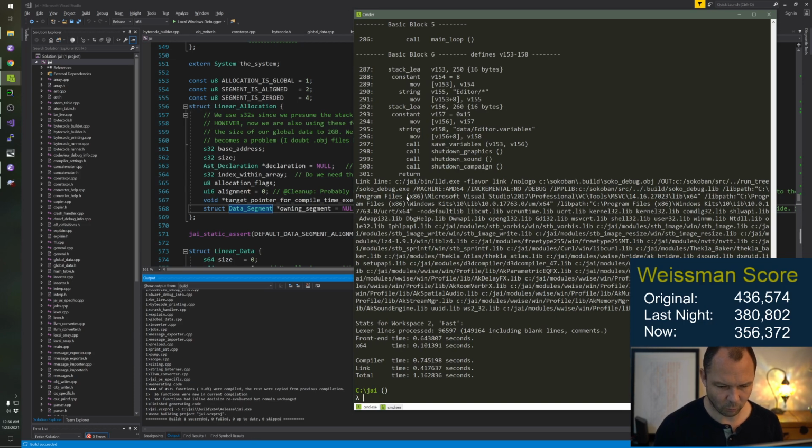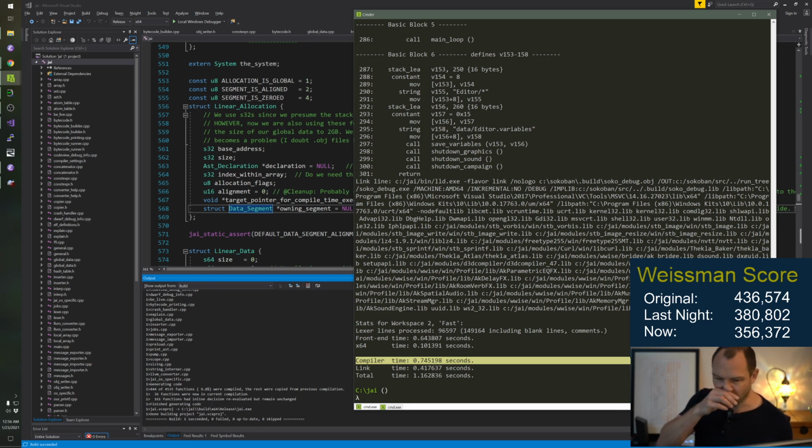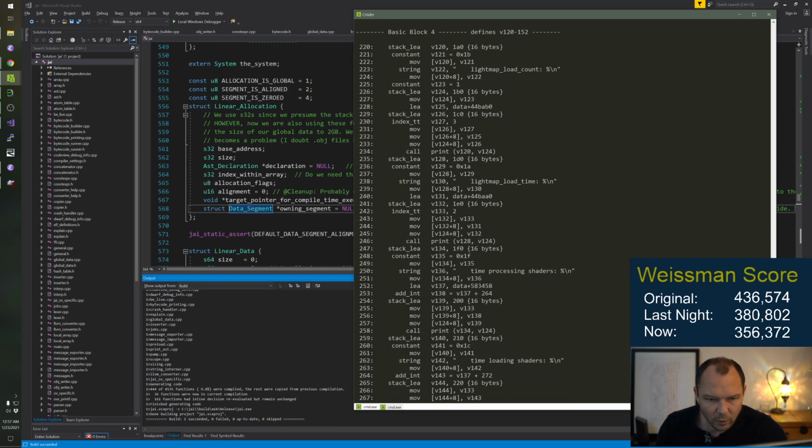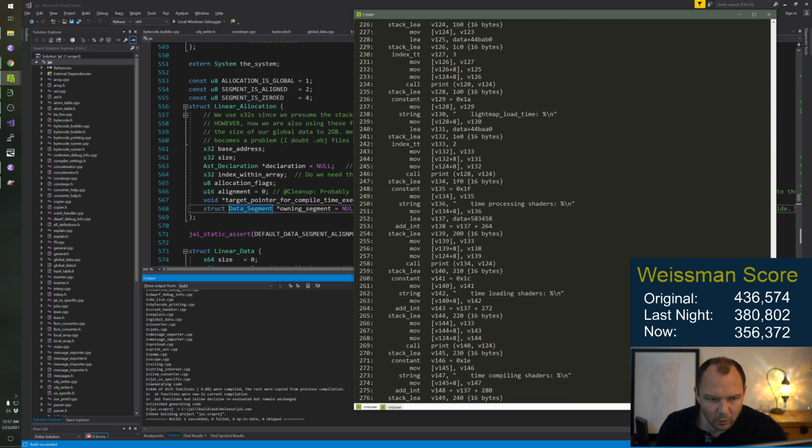With the dumps, we're at 0.75, but it's probably more like 0.64 or less, 0.63. I want to leave the dumps on so that we can see what these things are.